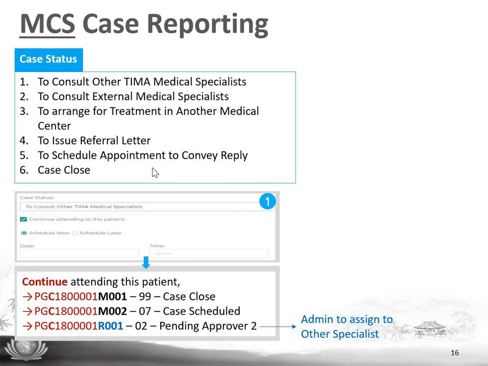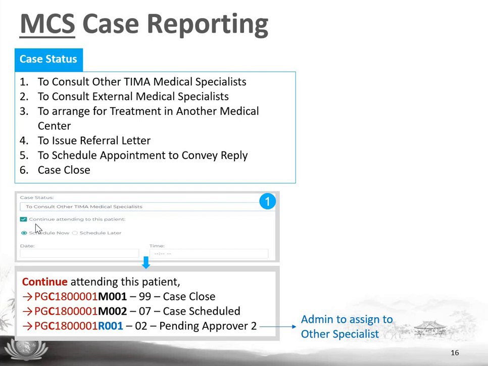If the doctor makes a call to refer the case to other TIMA medical specialists, he may choose to continue or not continue attending this patient. So this checkbox can be checked or unchecked.